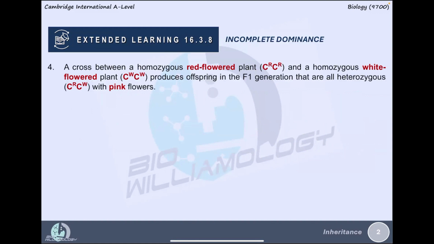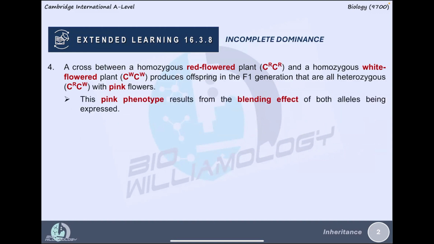A cross between a homozygous red flower plant, CRCR, and a homozygous white flower plant, CWCW, produces offspring in the F1 generation. This F1 generation shows pink flowers, even though they are in the heterozygous condition, CRCW. The pink phenotype results from the blending effect of both alleles being expressed, and pink is an intermediate between the red flower plant and the white flower plant,